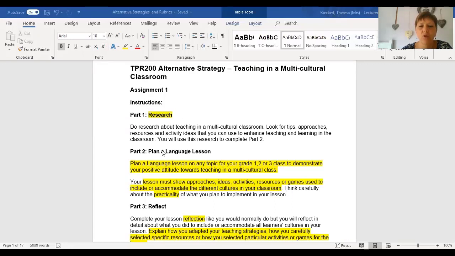divided into 3 parts. The first part is where the students will have to do research about teaching in a multicultural classroom, where they will have to look for tips, teaching approaches or strategies, possible resources they could use, activities, activity ideas, games they can play, etc. So they will have to do a bit of research before they can actually do part 2, which is then planning a language lesson. So you will get a lesson plan,